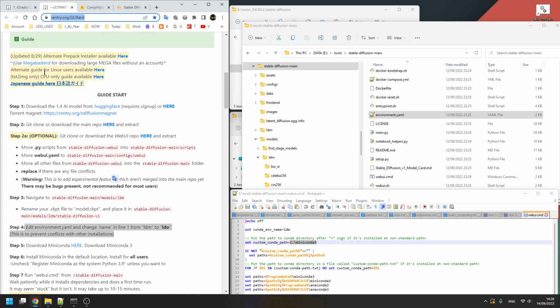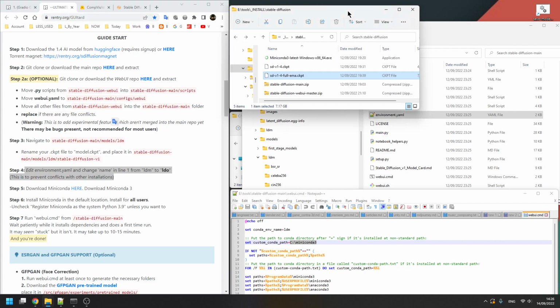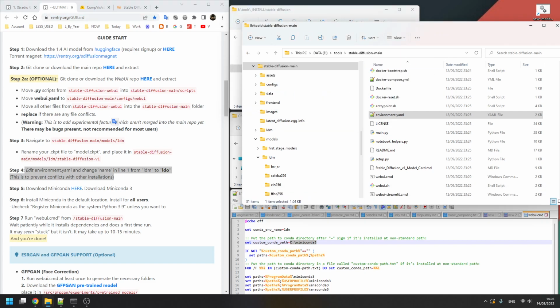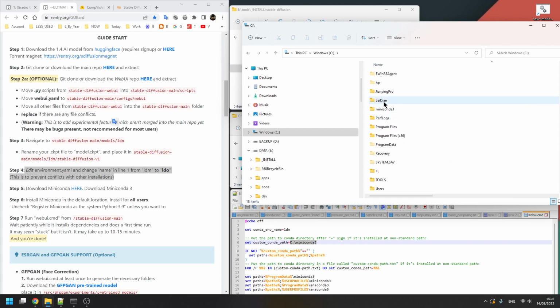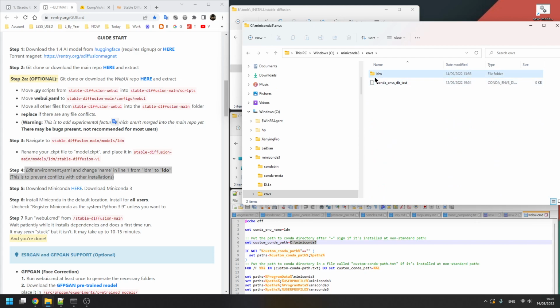Now this particular guide, which gives you the UI, it says you might want to rename LDM to LDO. The reason you want to rename that is because let me just navigate to where that is. So this is my conda, and I've got the environment. I've got LDM over here. If you already have LDM built based on the activation, then you can just delete that. You can recreate it. You don't have to do this step. Renaming that to LDO is just making sure in this directory you set up a different environment with a different name. So renaming means you come over here,